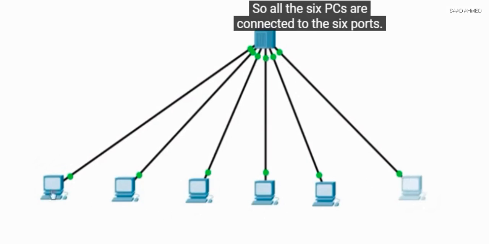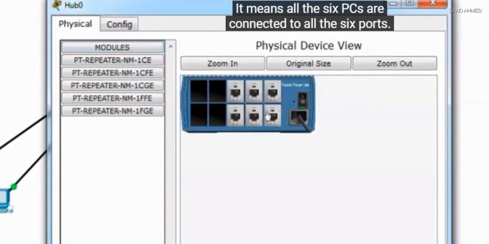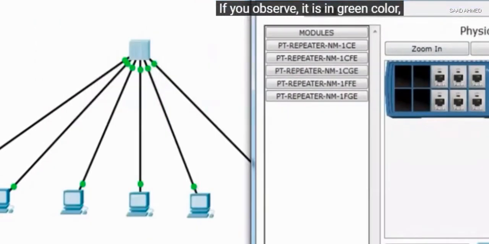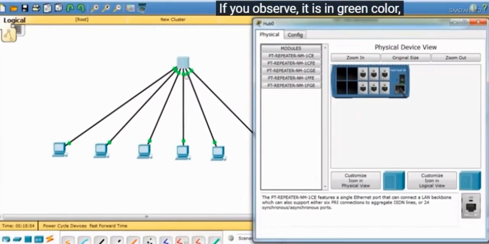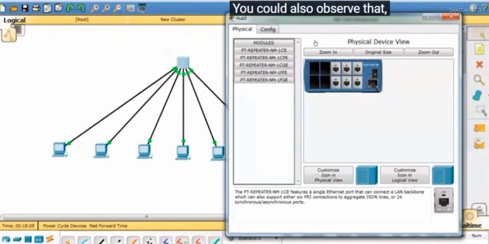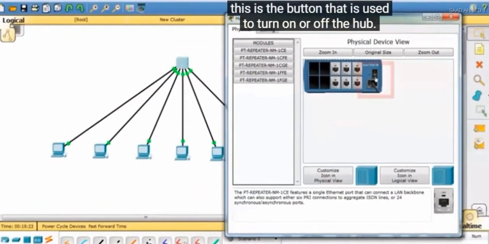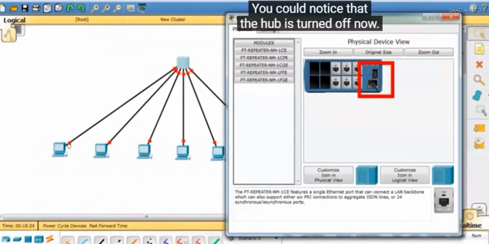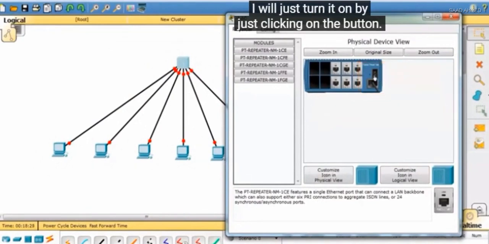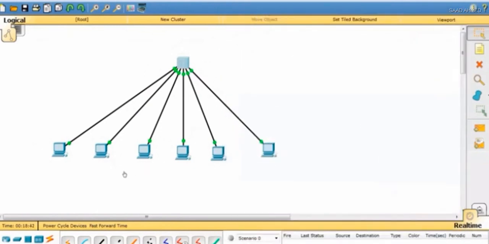Six PCs here and a hub connected to 6 ports. These are the ports. Now let's see. Green color means it is ready for data communication. You could also observe that if I switch off the connection here, it will turn red. See? Turn it on again by clicking it and it turns on, and the green light shows that it's ready for